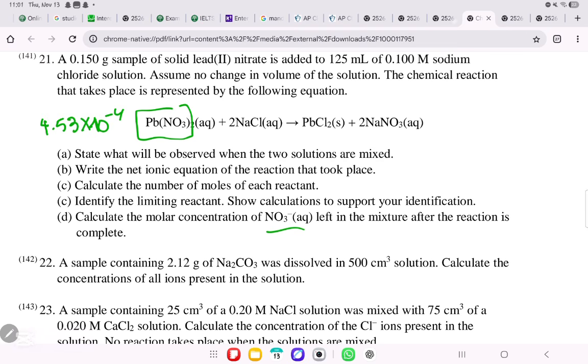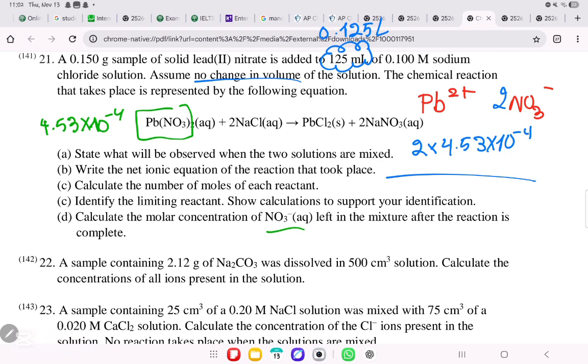Now back to what I was saying. Where you separate them into their ions, Pb2 plus and NO3 minus. It's not balanced, so you balance it by putting a 2 over here. So now you have 2 positive, 2 negative charge, right? And now how do we find the concentration? They told us that the volume does not change, like the initial volume of the solution does not change. So it's 1.25 milliliters, which is 0.125 liters, right? So now it's going to be 2 times NO3 minus, so 2 times the number of moles,